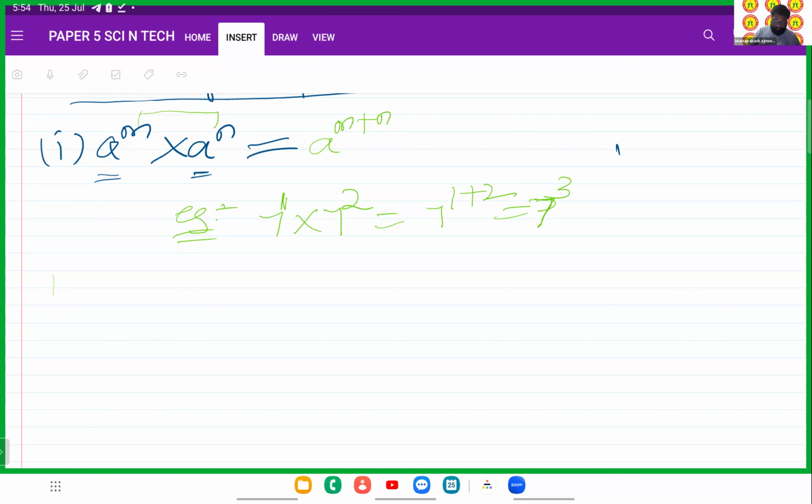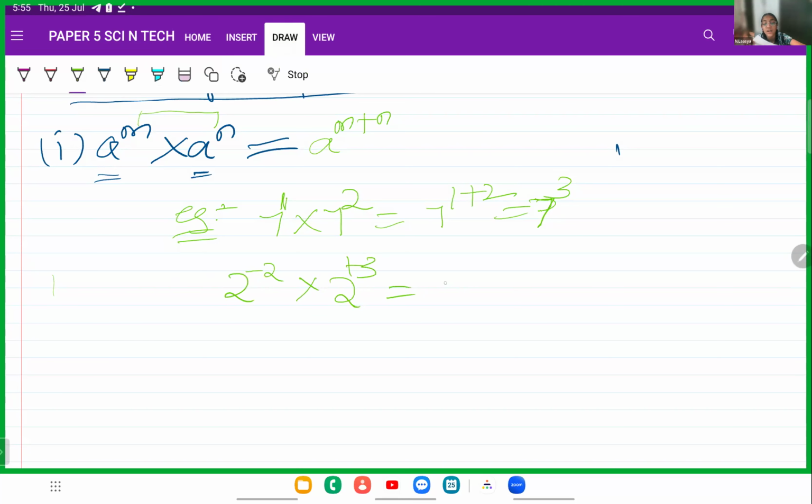Next, if I give you 2 to the power of minus 2 into 2 to the power of plus 3, how will you add now? It would be 2 to the whole power minus 2 plus 3. That would be how much? 2 to the power of 1, sir. 1 only. Sir, it will be 2 only, no, sir. That is 2. Yes, correct. Sir, but while writing 2 to the power minus 2 and plus 3, we need to keep the bracket